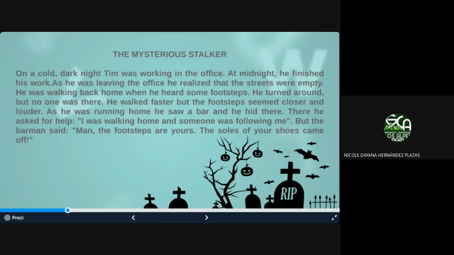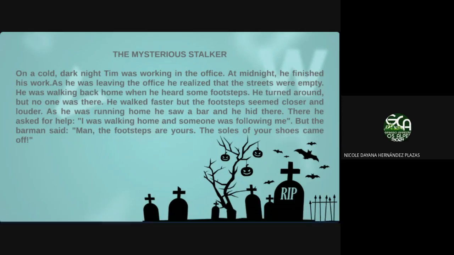Can you see, my dears? We have just one context. We have just one story, and it is the mysterious stalker. But we are using both tenses. We are using past continuous and we are using past simple. And this is something super common in English, babies. When you are telling stories and talking about, for example, events or things that happened in the past, most of the times you have to be the narrator. Tienes que narrarlo. And when you are doing that, you are going to realize how past simple and past continuous are going to be mixed. Okay, you got it? So that's it.